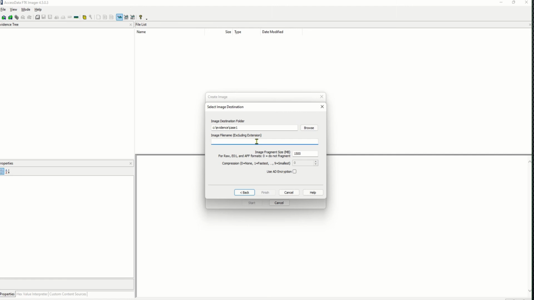So here we need to write an image file name, let's say USB image case 1. This is how I want to name the file. This is a little bit of a longer file name. Anyway, the image fragment size is usually chosen